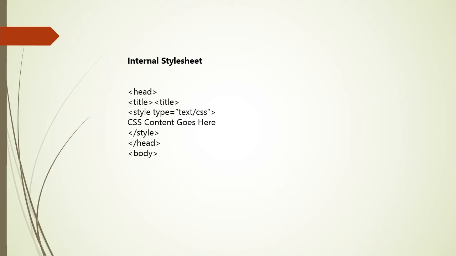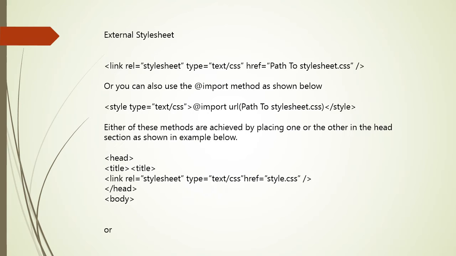With this method, each HTML file contains the CSS code needed to style the page, meaning that any changes you want to make to one page will have to be made to all. This method can be good if you need to style only one page or if you want different pages to have varying styles. Next is external style sheets. An external CSS file can be created with any text or HTML editor like Notepad or Dreamweaver.